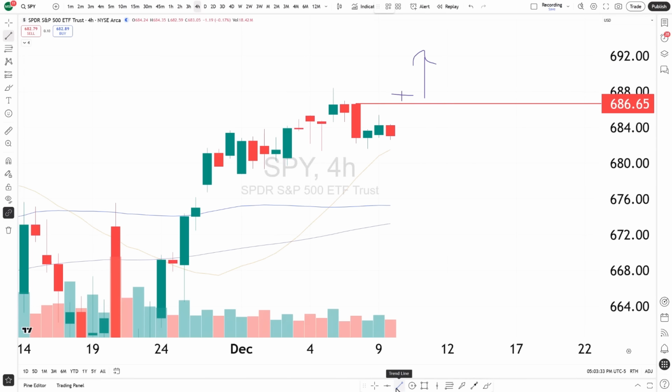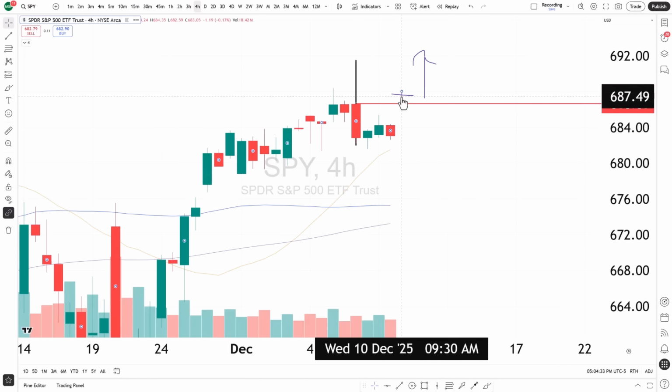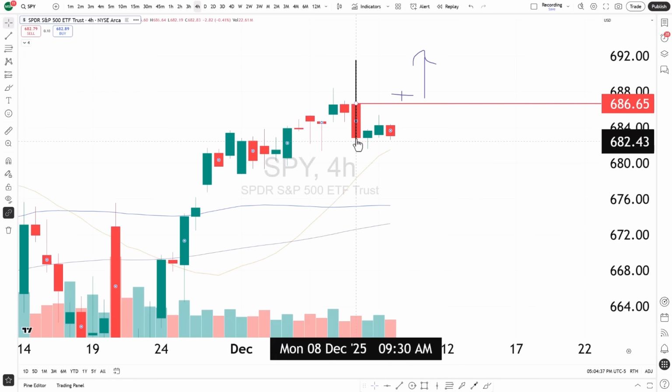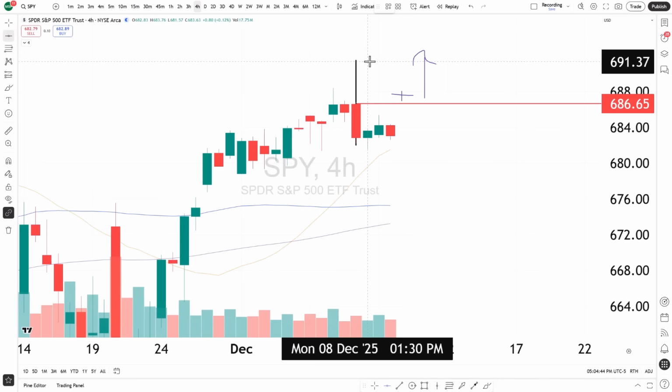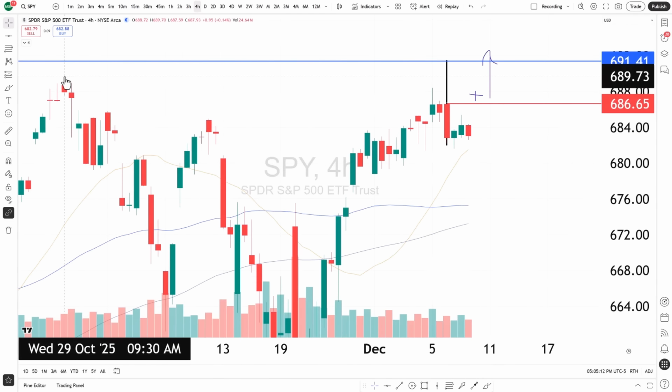Well, because markets like to do the same thing over and over again, and all charts act and react the same way, we can expect a move that's pretty symmetrical to this breakdown candle, the candle that created the inside bar pattern. If we do close candles above, and we do have a symmetrical move toward the upside, it will land us somewhere around 691, give or take. Remember, it's not going to be perfect. We're not in search of perfect. This is part art form, part science, but it's going to be within this vicinity, give or take. And that will definitely put us above the previous all-time high.